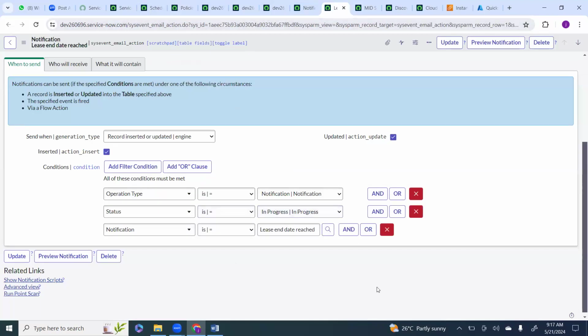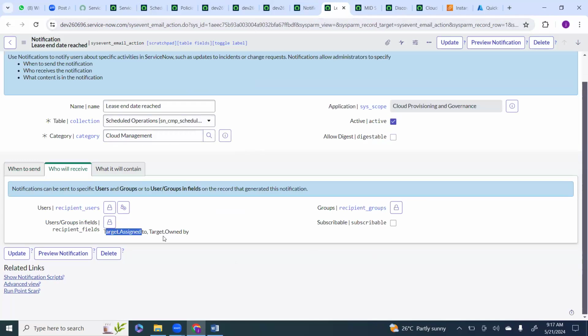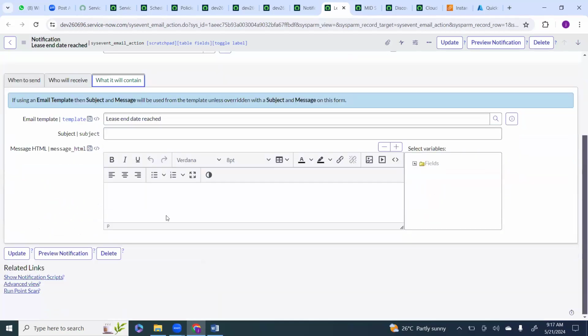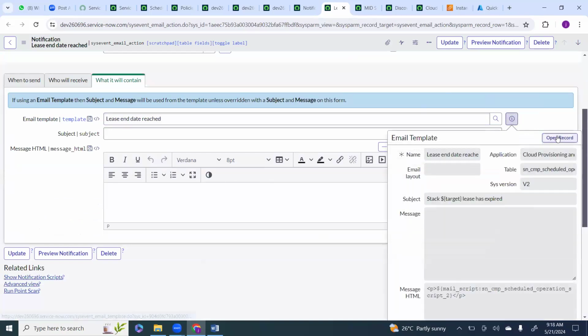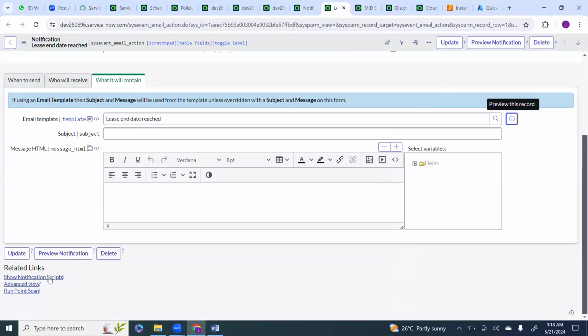So the operation type is notification and status is in progress, and the notification is this, this is the name. It will happen during the insertion or the updation of a particular record, and it will be sent to this particular person. Target assigned to, comma, target owned by, to whom this is assigned, and who is the owner of this particular person. And you know about these things, right? So from the email template, this particular one is coming up. If I show the review notification,